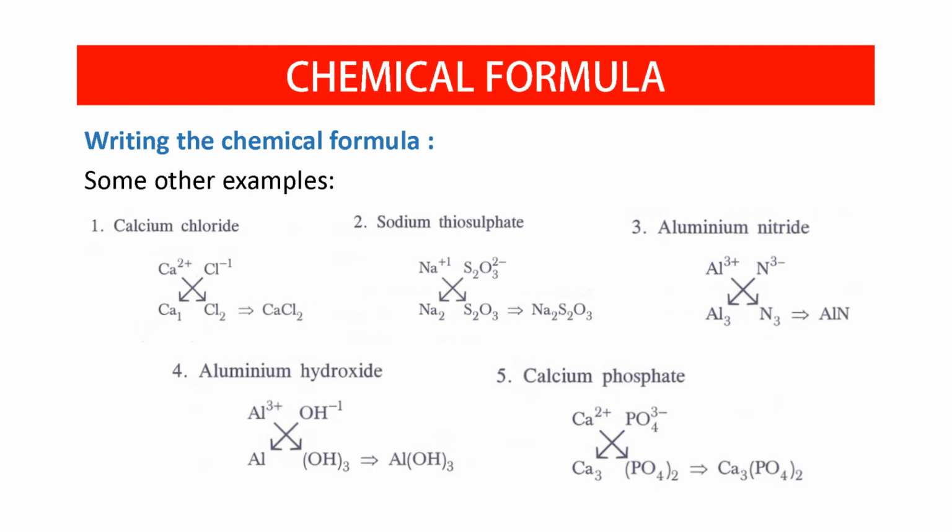So we interchange the valency. The valency of thiosulfate is 2, so the 2 goes to sodium, Na2, and the valency of sodium goes to thiosulfate, so 1. If there is nothing written, you can understand the charge is 1, so no need to write 1. So we interchange the charges and make the formula Na2S2O3, that is sodium thiosulfate. If you remember the positive and negative radicals, you can easily make the formula. It's very easy, so just go through it.